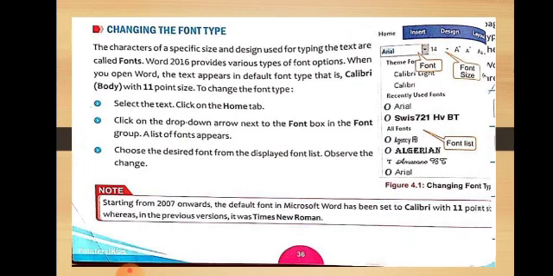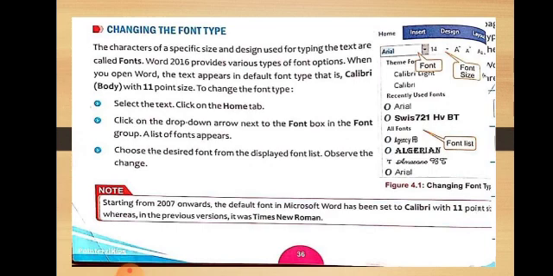Now, Word 2016 or other versions of Word that you might be using on your computer provide you with a list of various types of options for fonts. Like when you open Word, the text appears in the default font, that is Calibri. Calibri body has a font size or point size of 11.